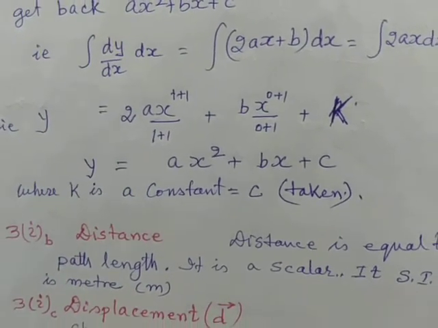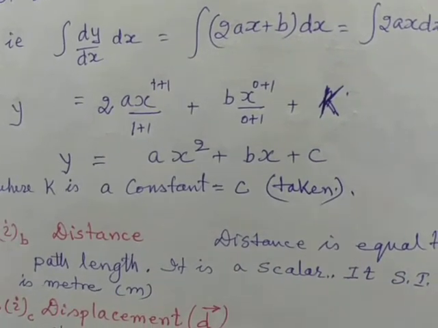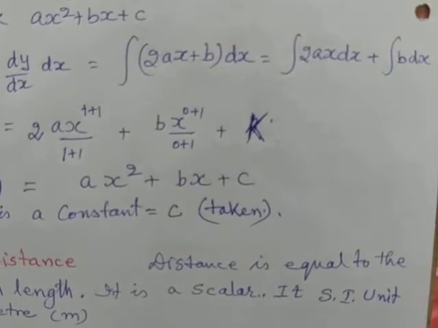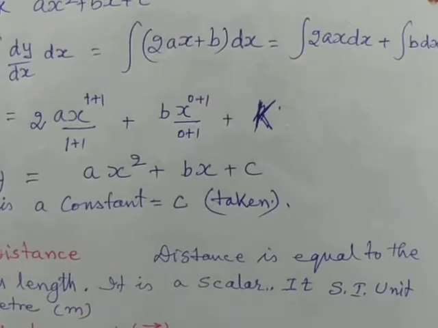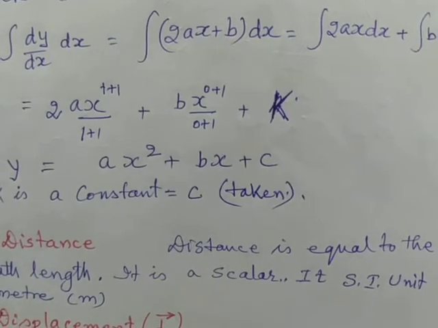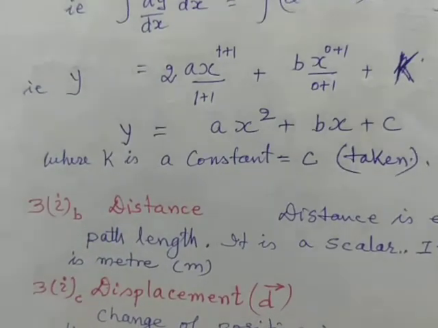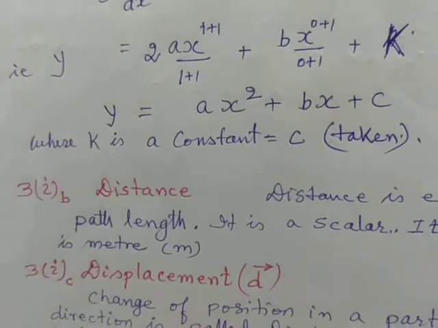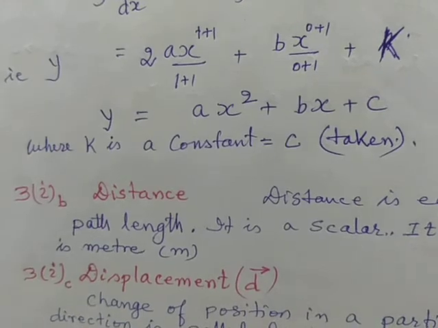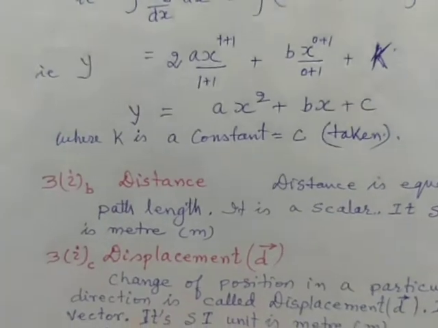Therefore we have a reverse process of differentiation, and that becomes 2a x to the power 1 was already there, so added with 1, so 1 plus 1 whole divided by 1 plus 1, and similarly bx to the power 0 plus 1 divided by 0 plus 1, and we also add at last a constant factor which we have to determine by some other methods. These are rigorous mathematical methods. When you deal with integration, it becomes more understandable when you deal with it in detail.